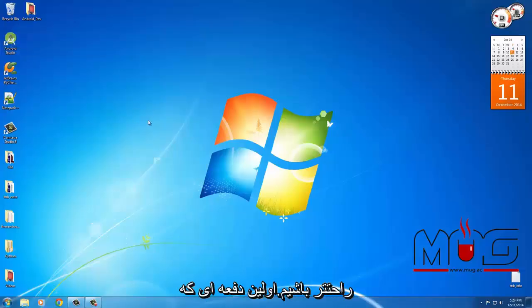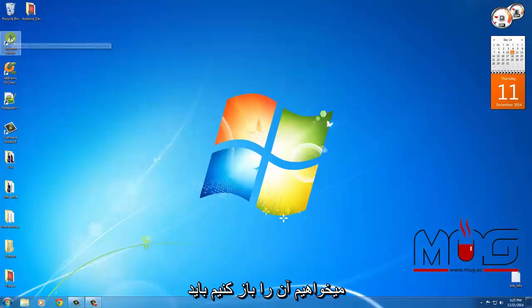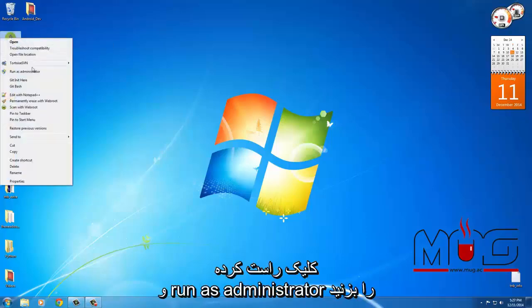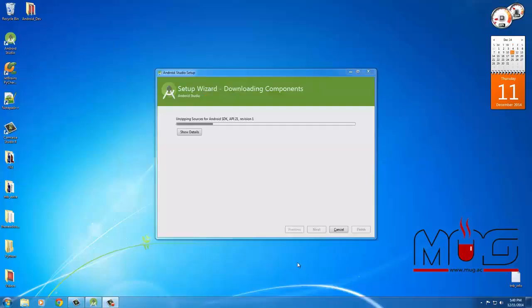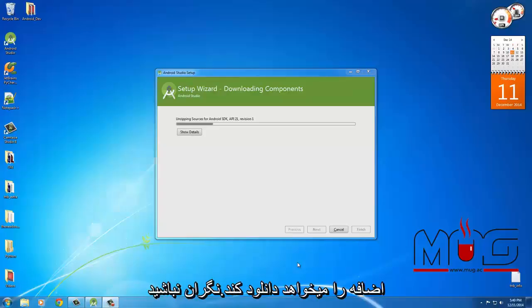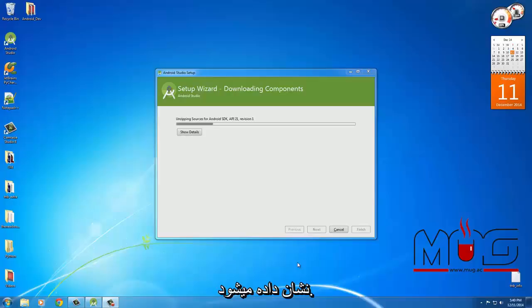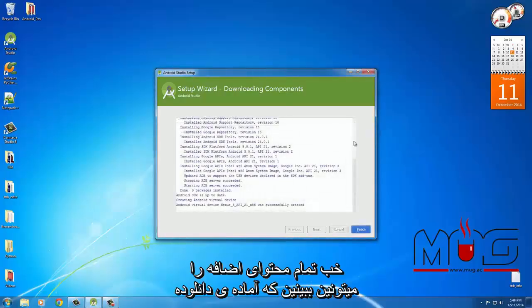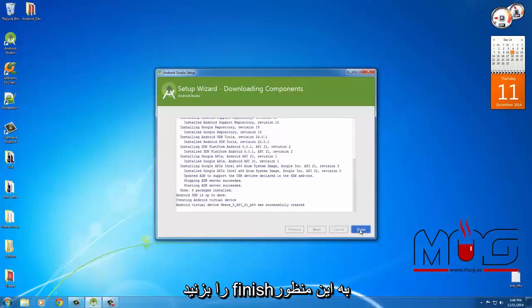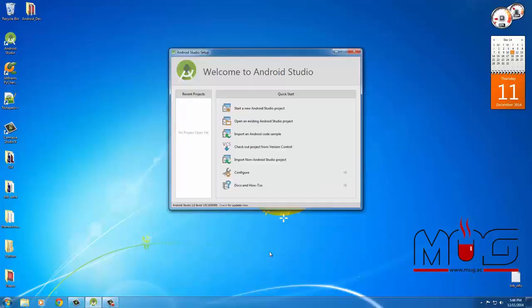So the first time I open this, I'm going to right click and choose Run as Administrator. Now the very first time you open it, this thing is going to pop up right here, and it's going to download all the extra components that it needs, but don't worry, this is only a one-time thing the very first time to set everything up. Alright, so all those additional components look like everything is good to go, so click Finish. Alright, so this